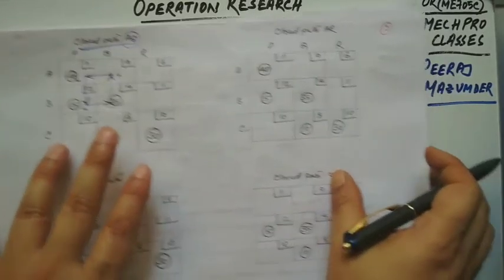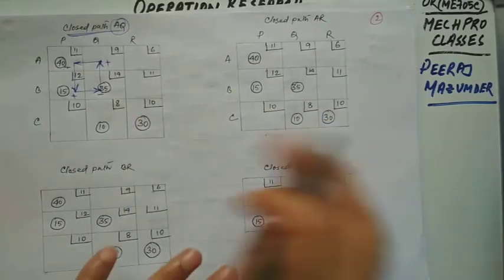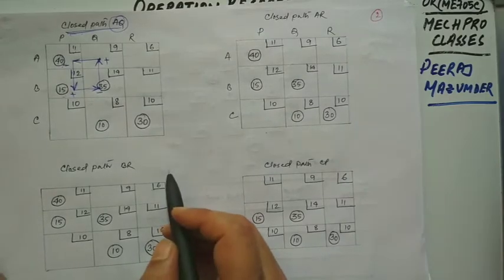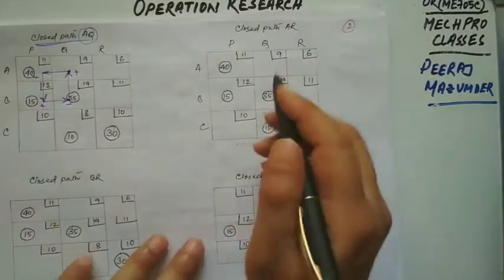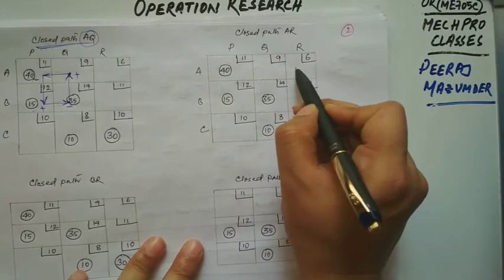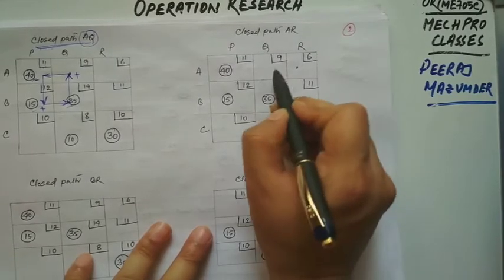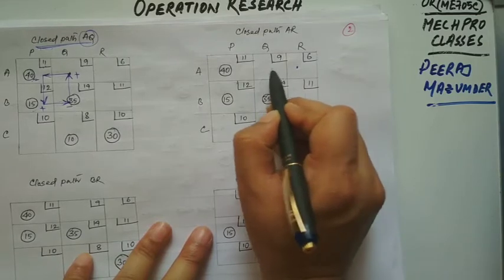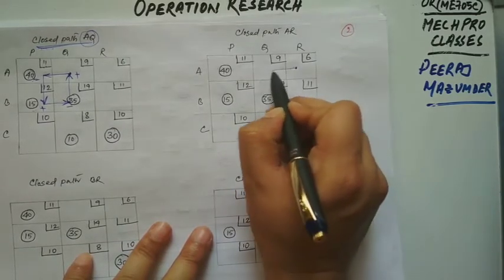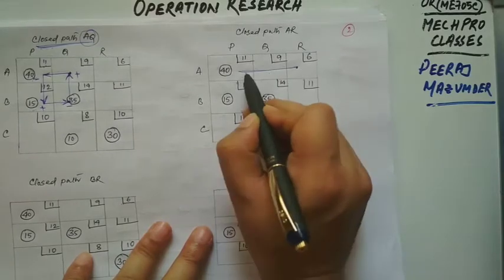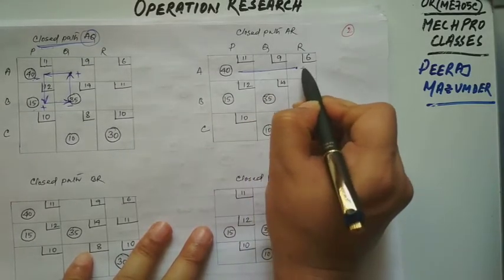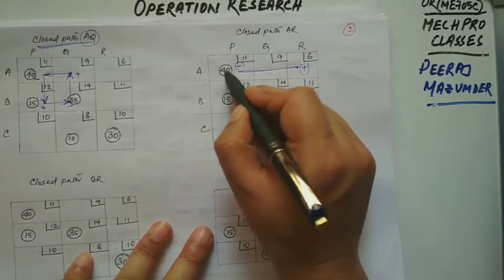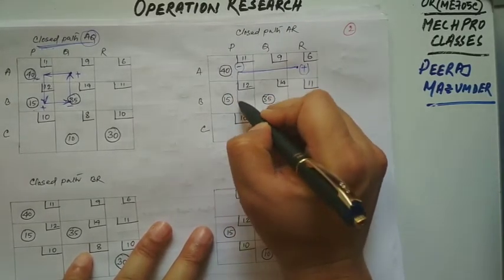First of all, we will make all the loops, then we will come to the calculation portion. Now let us take AR. You know we cannot take a turn in an unallocated cell, so we have to move from here. Let us go there. This is the horizontal line. We start with positive, alternating minus, then it is an allocated cell, so we can take a turn.